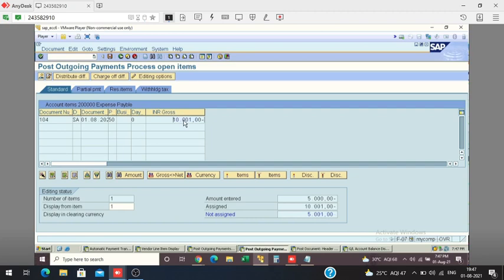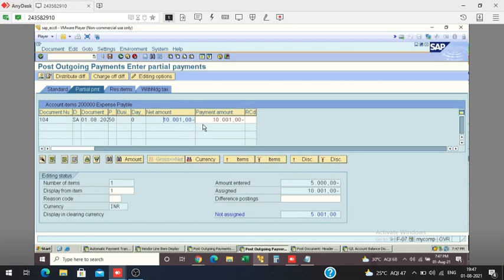Okay, now it's saying that 5,000 is your payable amount and the bill is this much, and 5,000 is not assigned, so I have to go for partial payment. Okay, and double click here. Okay, here 5,000 came, 5,000 debit, credit 0 now.